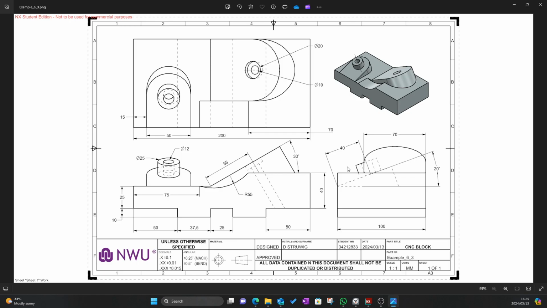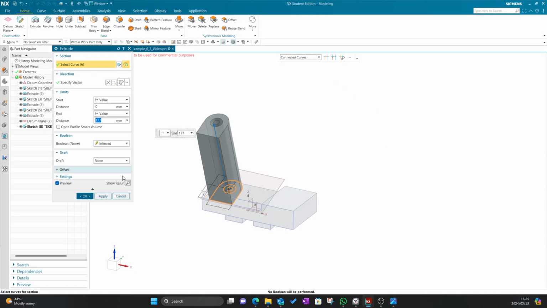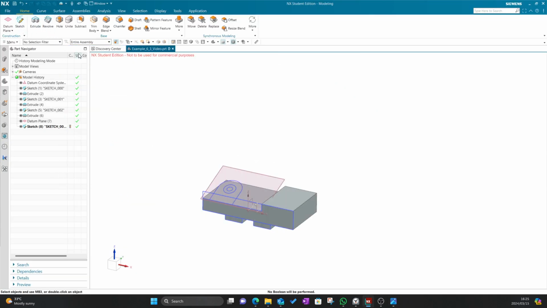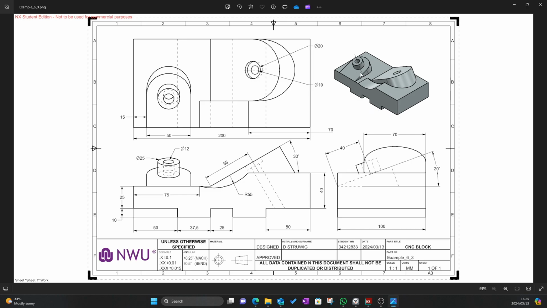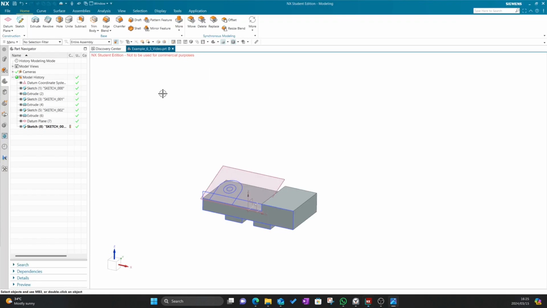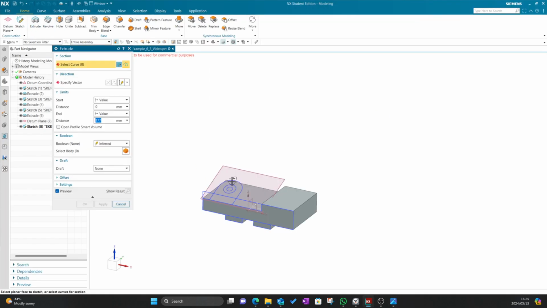I see a measurement is missing, so I'll just include that into this technical drawing. I see this height as well as that height is missing, but I'm going to just quickly guess it. I think it's 15 millimeters. So I'm going to first extrude the outer part, and that goes downwards. So I'm going to select that curve,